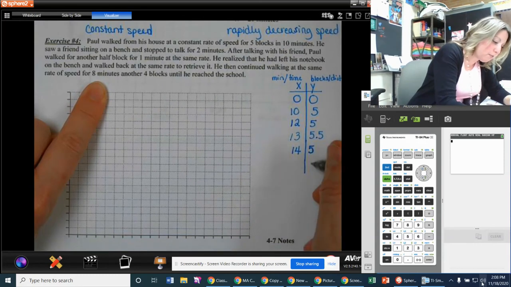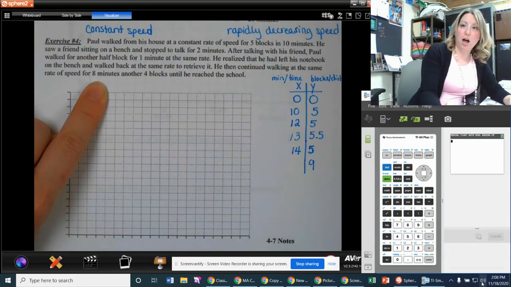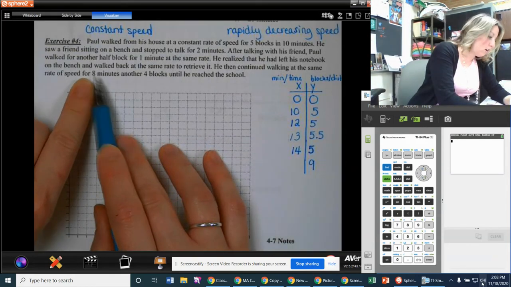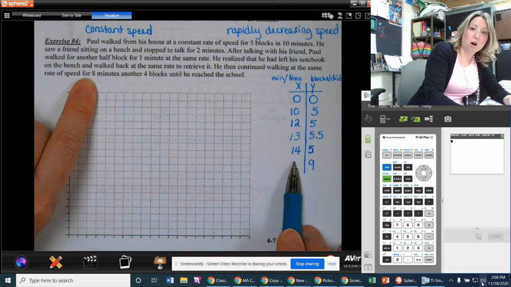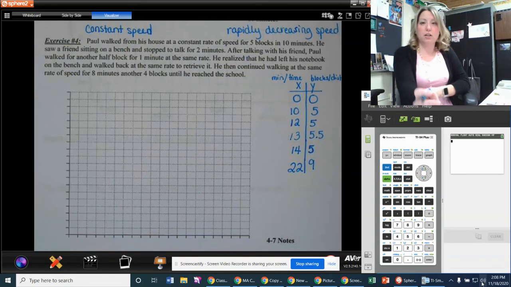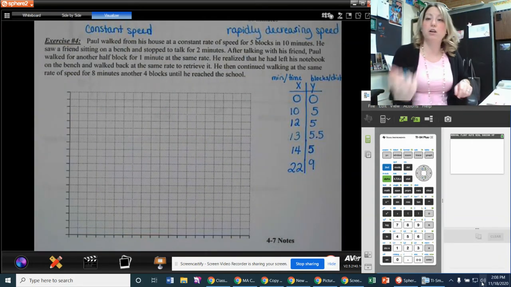So add 4 plus 5, we get 9 total blocks from Paul's house to the school. How long did it take? Okay, we got 8 minutes added to our total right now of 14. So 8 plus 14 is 22 total minutes that it took Paul to walk to school because of that little